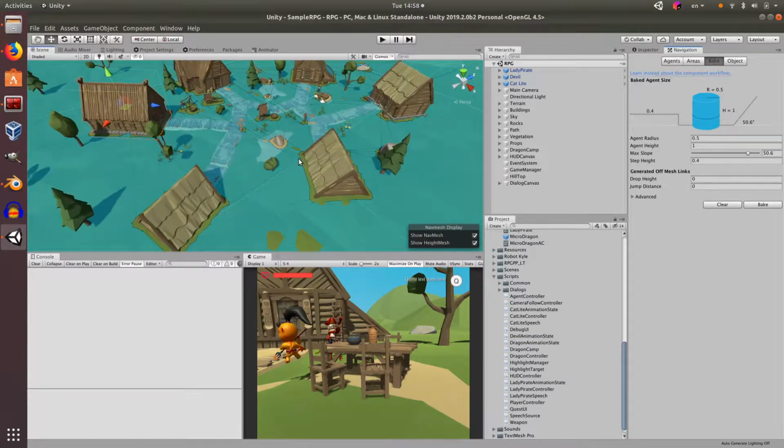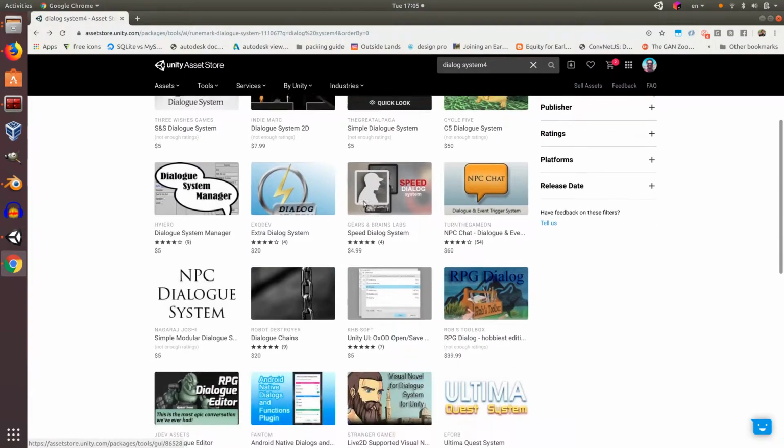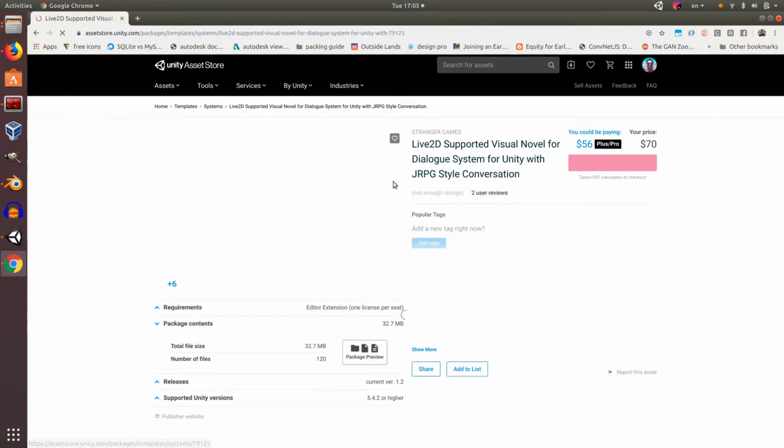I am using Unity and Unity is great. It has a lot of features and assets that help bootstrap your game. However, a dialogue system is not part of Unity. So after searching through the asset store for different dialogue systems, I decided to write my own. I want to note that this is typically not the way you do things in Unity, and usually you find a good asset that you can use. In this case, since I had the necessary background, I decided to write a dialogue system. So in this video, I'm going to talk about dialogue systems in general, what their features are, and how they help us develop games.